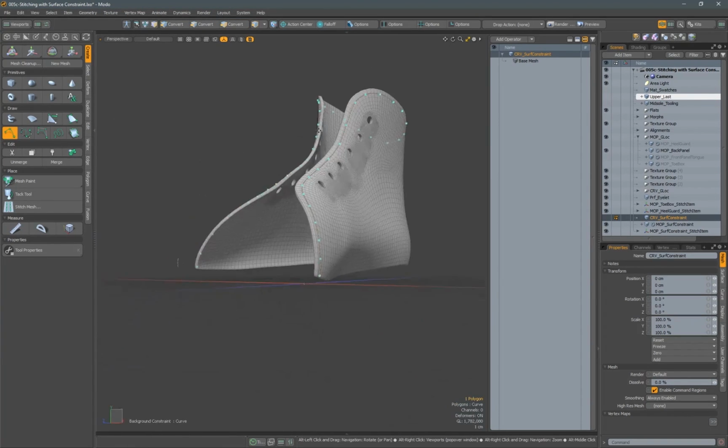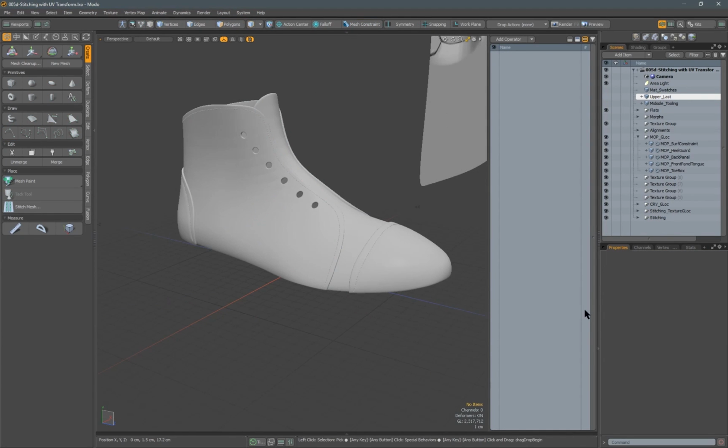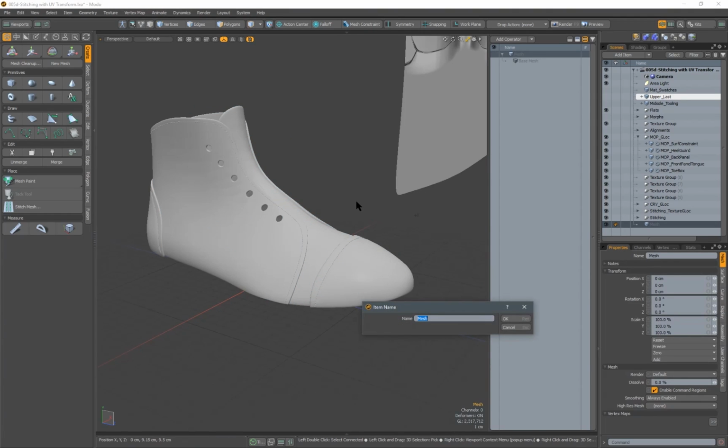So that's a really useful way to place stitching exactly where you want it and get that precision that you may need. The last way I'm going to show how to create stitching is with the method that we've previously used, using UV transform to create the panels. We'll create a new mesh item. We'll call this curve